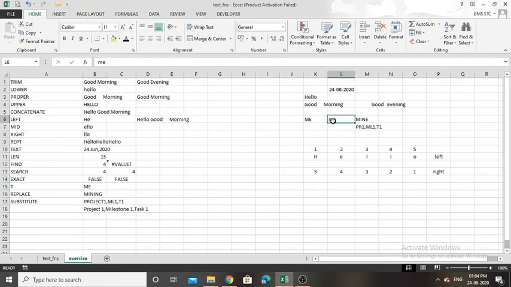Okay. So when I change this back, it will return true. Then it checks L6 and M6, that is this me and mine. So it's obvious that me and mine are not exact, not similar. So it returned false.